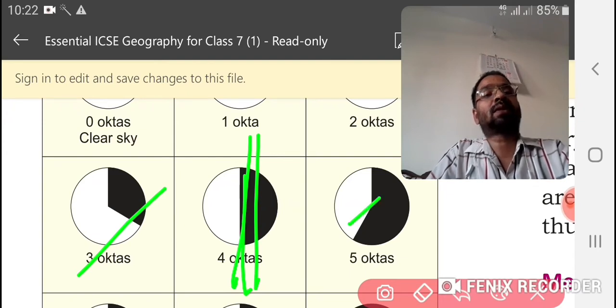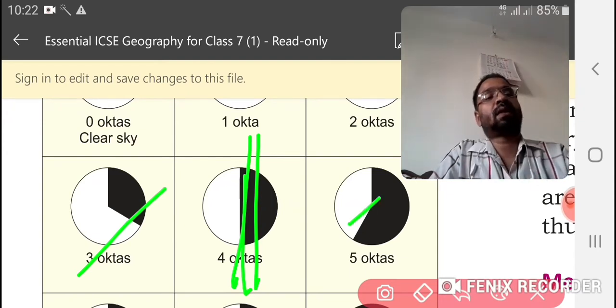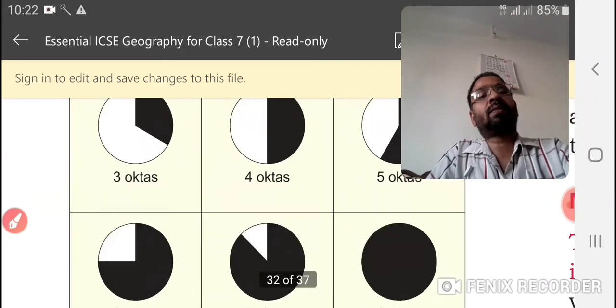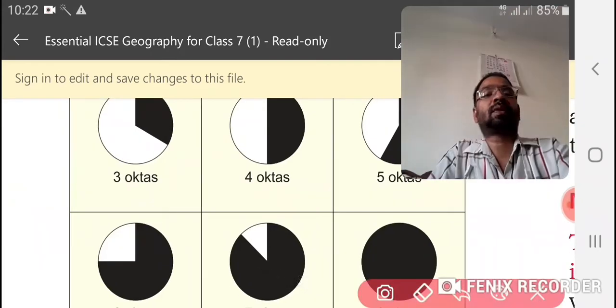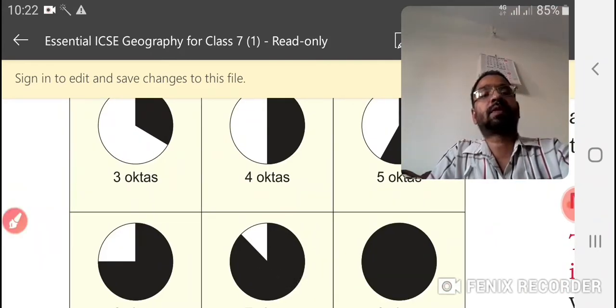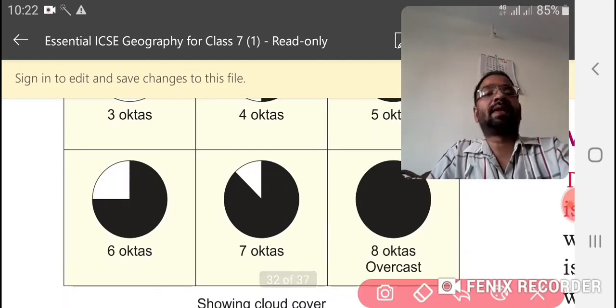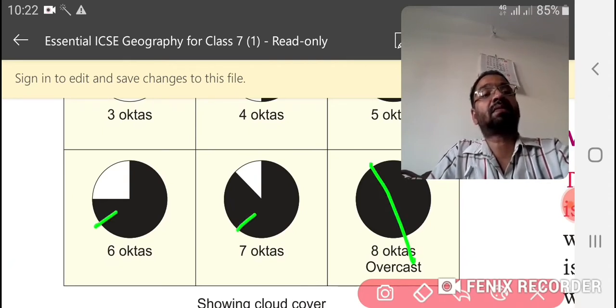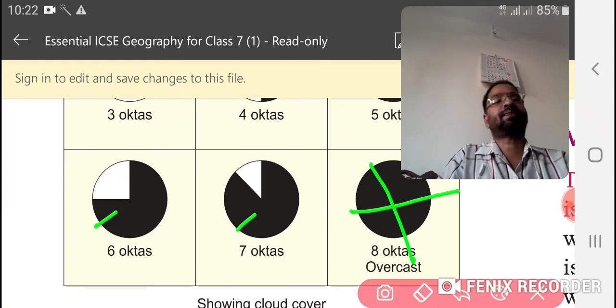Then 5 octas, most part of the sky is covered. Then 6 octas, 7 octas, and 8 octas is complete overcast.